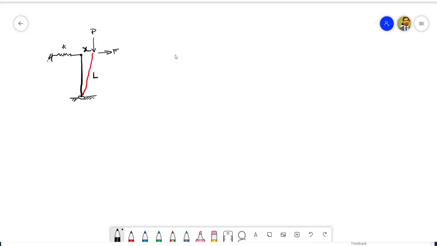Now, if we want to find the equilibrium of this entire system, it is very simple. If I take the moment about this node, it will be F times L plus P times X minus Kx times L equals 0. These are all the moments about this point, right? Kx is the force from the extension of the spring, and L is the lever arm distance. This all boils down to the value 0 because at this point we have imposed a pin joint, and the moment at the pin joint would be 0. So if we just rearrange this, we will